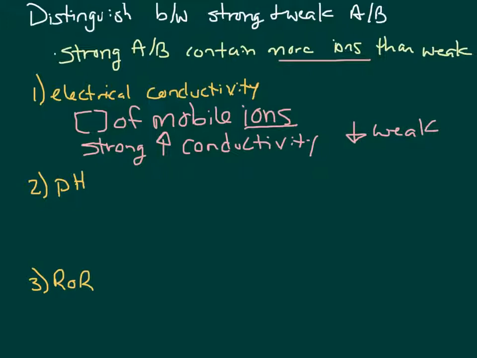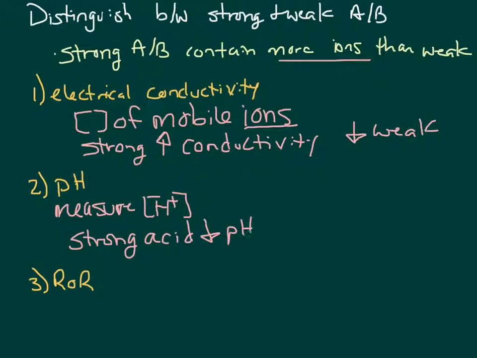pH. As discussed in 8.4, pH is the measure of hydrogen concentration. What it does is a direct comparison of the strengths. The higher the pH you have, the lower the hydrogen ions present. So if you are a strong acid, you are going to have a low pH, closer to the 0, 1, 2 range. If you are a weak acid, you're going to have an increased pH because you have fewer hydrogen ions present